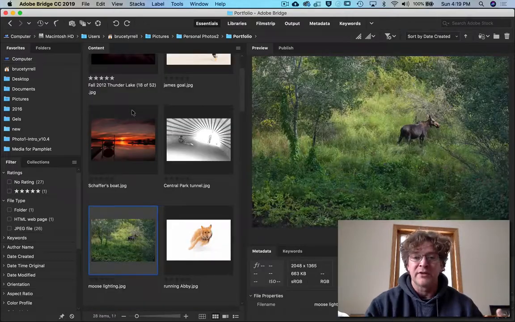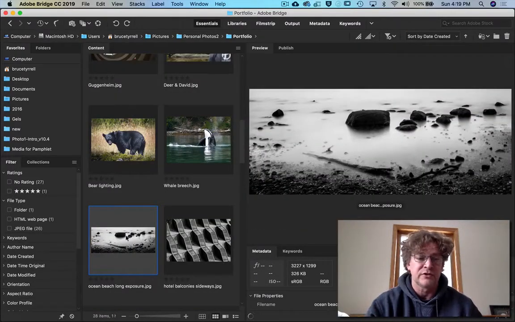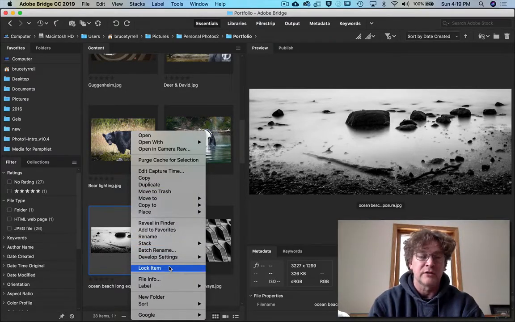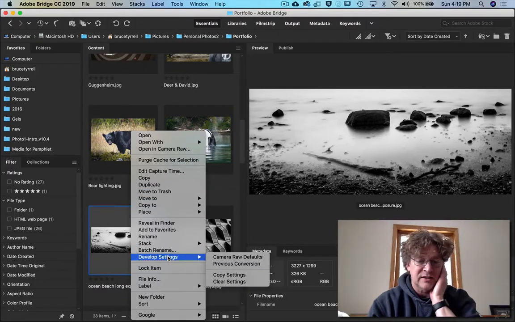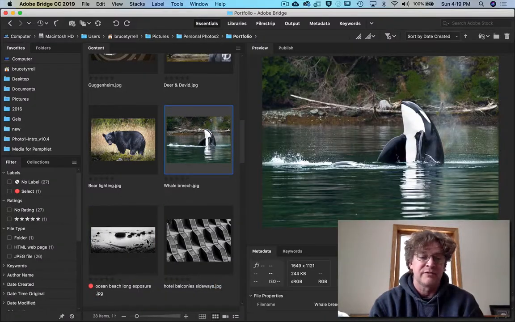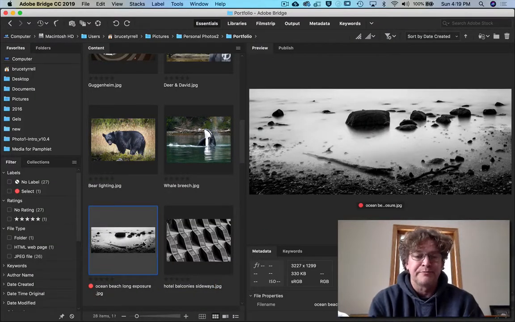Bridge has a bunch of different things you can do. Please notice down here at the bottom you can star stuff, you can make things different colors and all sorts of stuff like that. Basically the same as you can for Lightroom. It's really good for organizing your stuff, and what works best is when you have pictures on a server, you